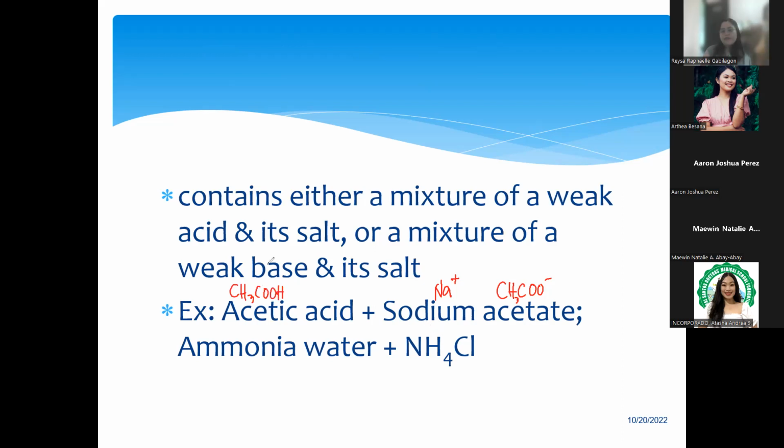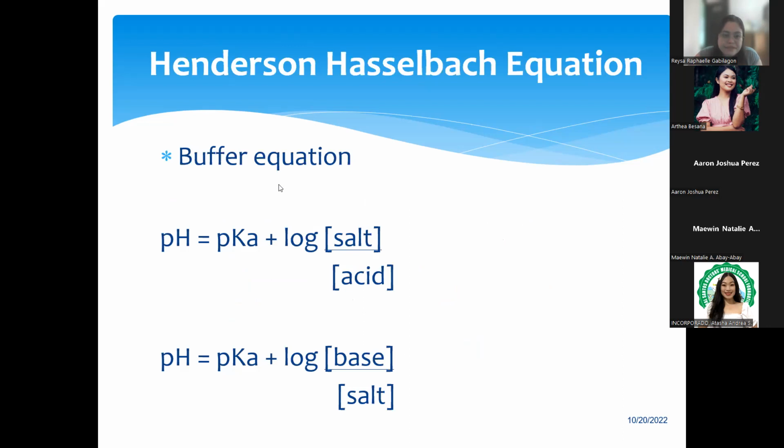And then we have, although meron yan siyang charges dyan sa mga elements niya, pero it's an acid. Ito naman is a base. Okay, ito yung kanyang salt. Ammonium, remember, contains ions. So ito na lang, para maging salt siya, may ions siya, positive and negative. So cations and anion. So positive 1 and negative 1. So again, pag minix natin together silang dalawa, pwede natin gamitin as buffer. Okay? So everything will end in